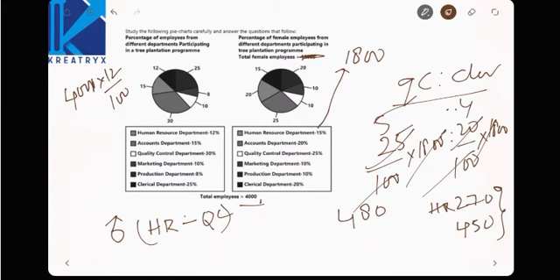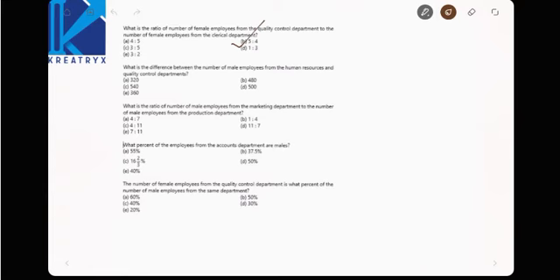In QC 30% are there, it seems. 30% is nothing but 1200. Now if you subtract these values, you will get the male ones, right? 480 minus 270 is equal to 210. Now 1200 minus 450 is equal to 750. Now the difference between them is nothing but 540. 540 is your answer. Is there any 540 option? Observe this. Yes, there is an option. So the answer is 540.